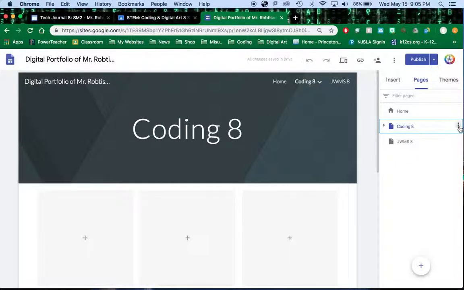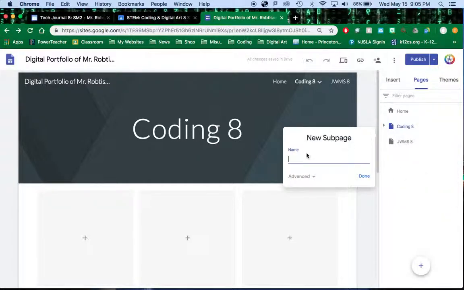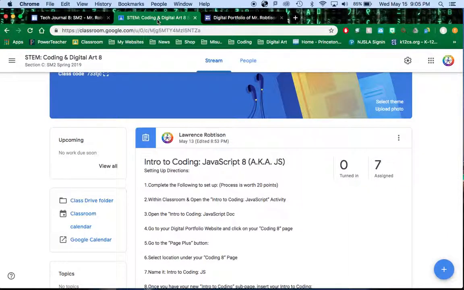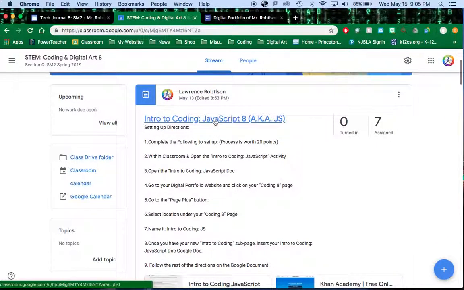click on the 3 dots, go to Add Subpage, name the new subpage Intro to Coding, capital J, capital S for JavaScript, and number 8. Click Done. Once you have this page, go back to your Google Classroom, open up the assignment,